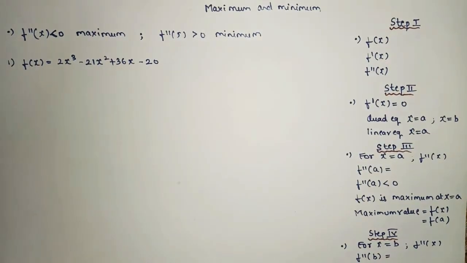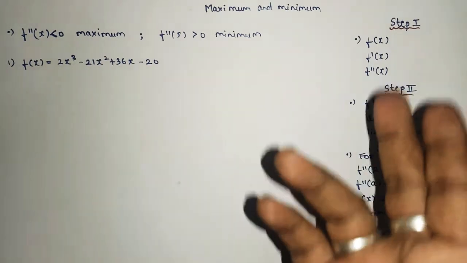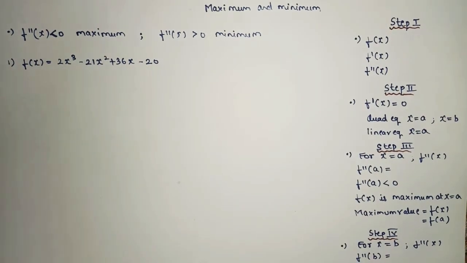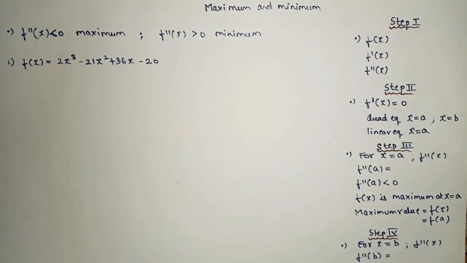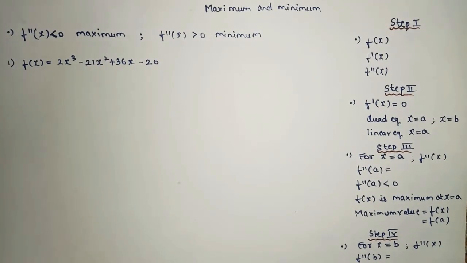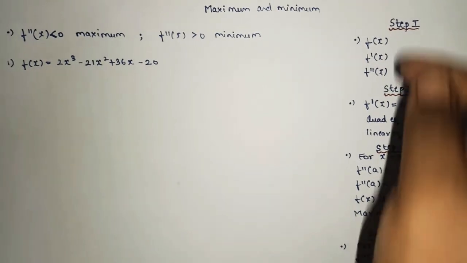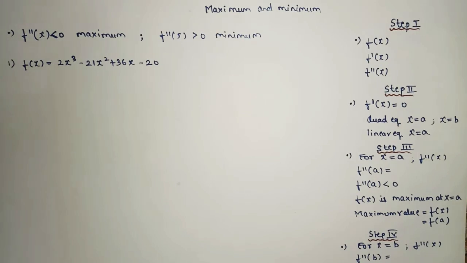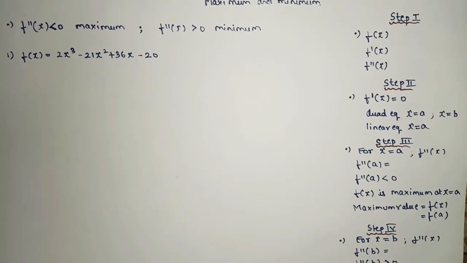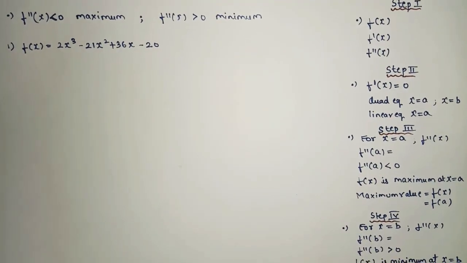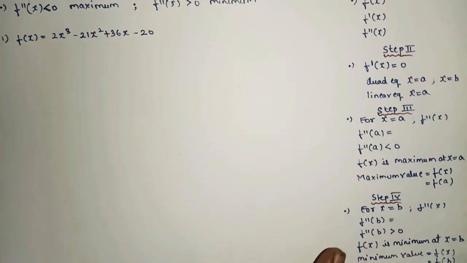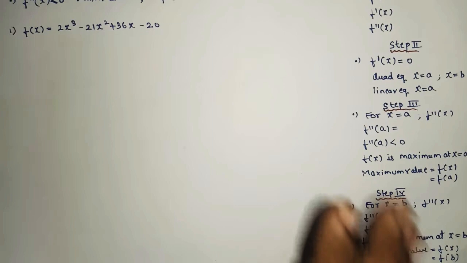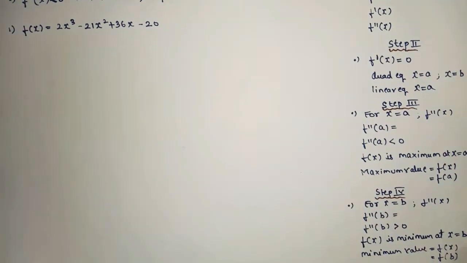First, of course, we're going to see the concept, what we mean by maxima and minima, and after that we'll take one example of how to find your maxima and minima answer. So first, let's focus on the concept. Here also, same as the first exercise, I have prepared steps, and there are four simple steps which you have to follow to find your answer, maxima or minima.